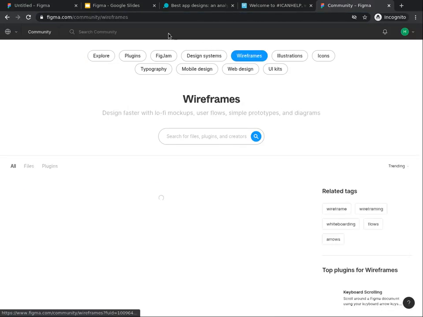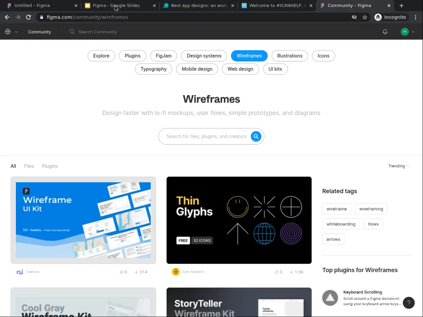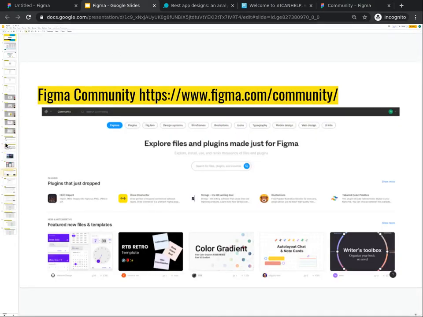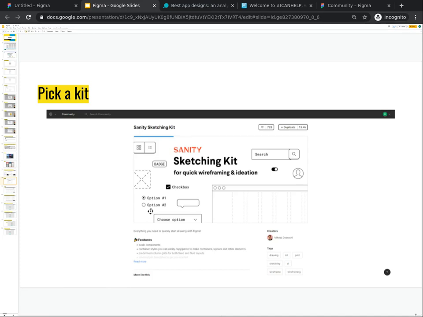Choose wireframes at the top of the page. As you scroll through the options, you should be looking for icons that will fit the feel of your app design that you have in mind.